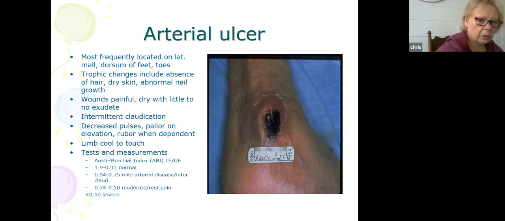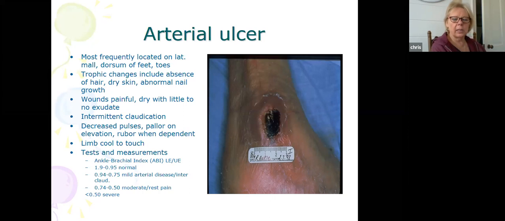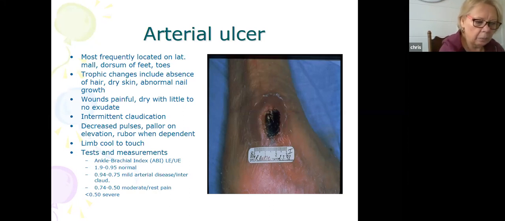There's also another test that you could do for these patients, which is ankle brachial index. Ankle brachial index looks at the systolic blood pressure of the lower extremity and upper extremity. You put a cuff on the upper extremity and a cuff on the lower extremity, and you take it at rest. Then you ask the person to walk, maybe on a treadmill, and you look at the amount of blood flow to the distal extremity. If the ankle blood pressure is the same, or even a little greater, it's normal. If the blood pressure is lower in the ankle before or after exercise, it's peripheral arterial disease.